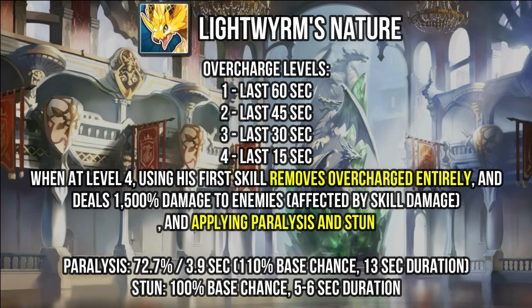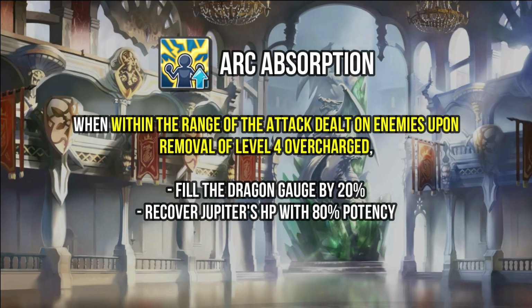The second half of his ability essentially grants Jupiter burst damage when he uses his first skill on an enemy with level 4 overcharge. With the modifiers affected by skill damage, having skill damage can provide a much higher increase in damage output. His second ability, Arc Absorption, relies on the attack dealt on enemies when their overcharged effect is removed. When he is in range of said attack, his dragon gauge fills by 20%, and his HP is restored